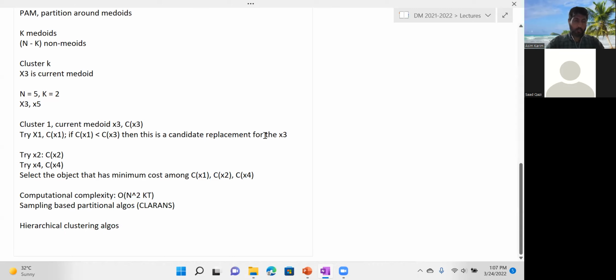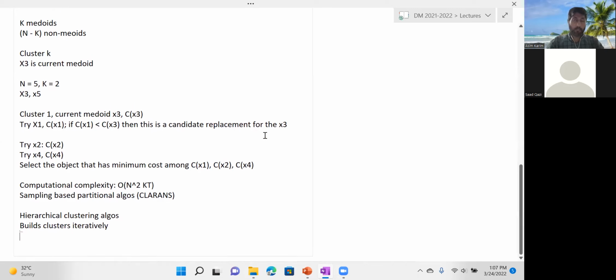So hierarchical clustering, as the name suggests, builds clusters iteratively. Of course, k-means and partitional also do it iteratively, but here I'm saying it builds clusters iteratively in the sense that either it is agglomerative,